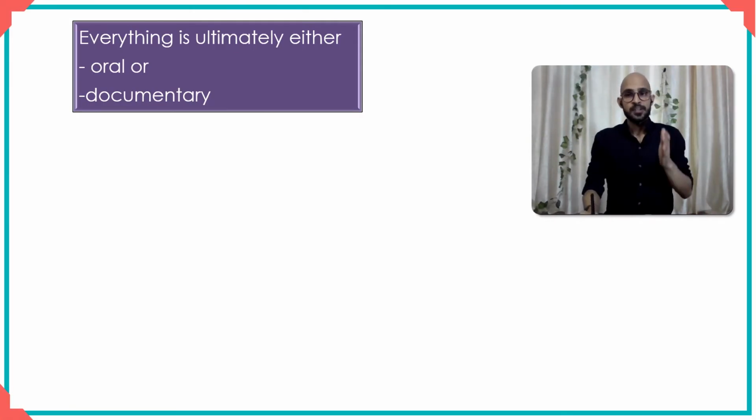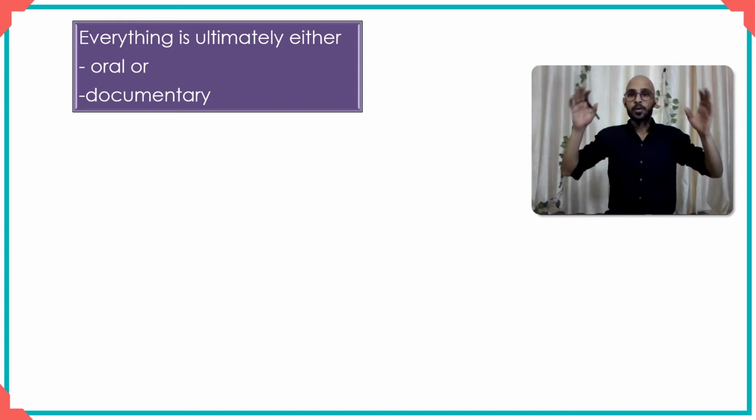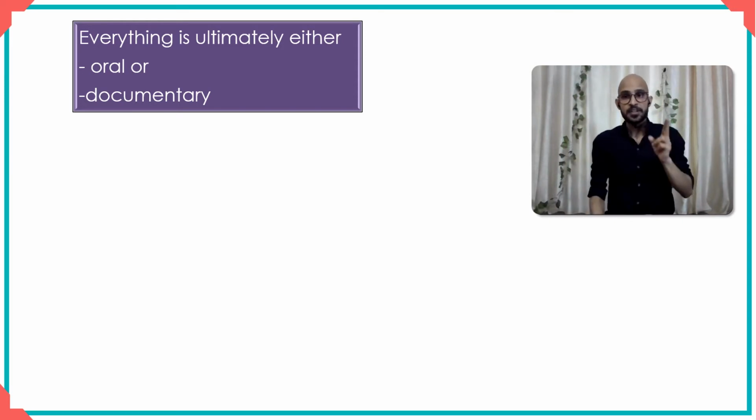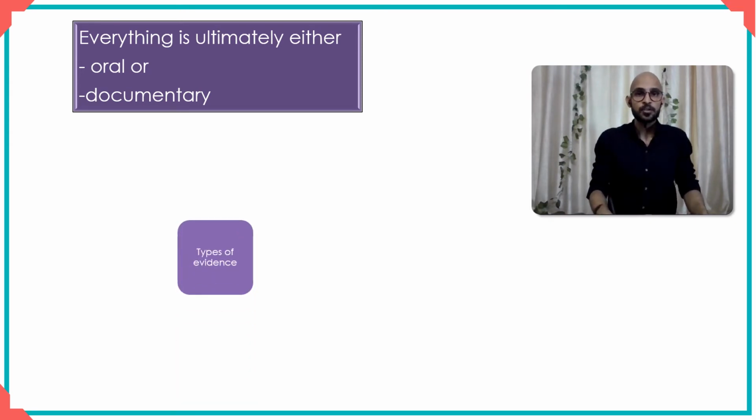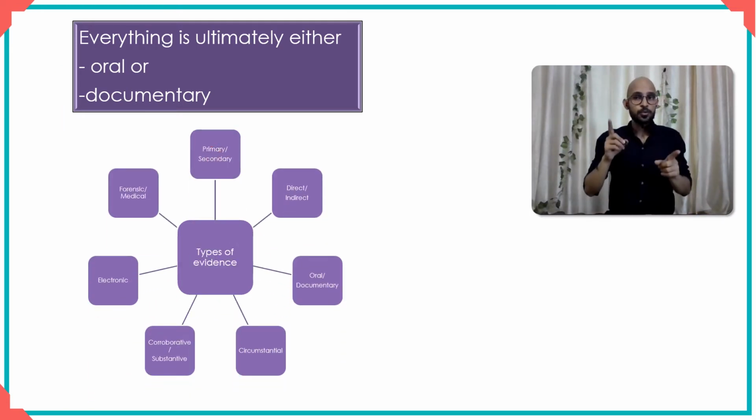What I need you to understand now is that regardless of what the type of evidence is, what it is called, every evidence has to be either classified as oral or documentary according to the Indian Evidence Act. In other words, when we talk of the types of evidence in the context of the Indian Evidence Act, there are only two types of evidence: oral and documentary. However, there are several other ways in which we can categorize them, and each one of those categories will also fall into either oral or documentary. So now I will try to illustrate this point to you, that we have several types of evidence, but each one of them would either be oral or documentary.